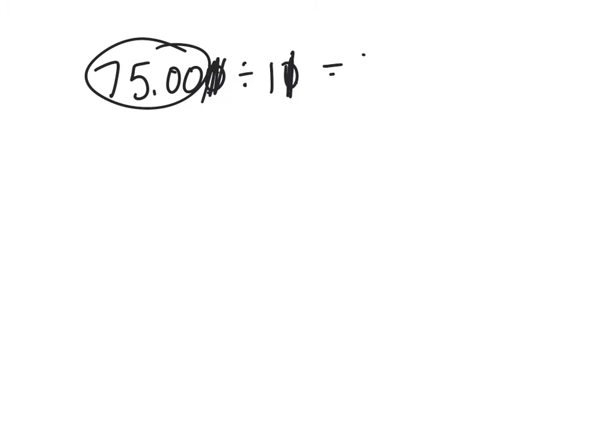Now we're going to learn a trick today. It's going to be super easy. If I have 75,000 divided by 10, what we're going to find is we take off a 0, the same amount on each side, and you get the answer. So 75 with 2 zeros, 7,500. I'll go into more detail, but I just wanted to share with you how simple this is going to be